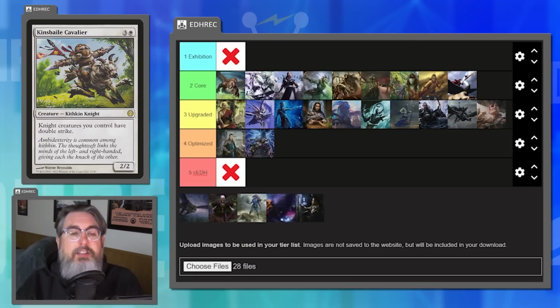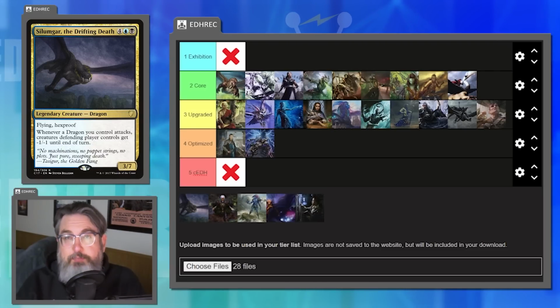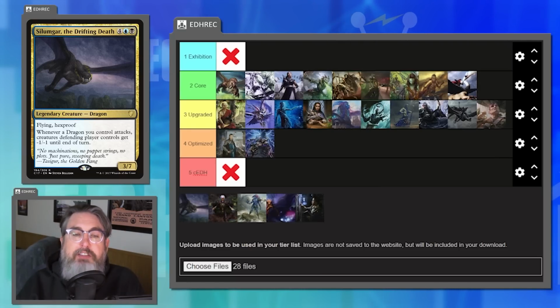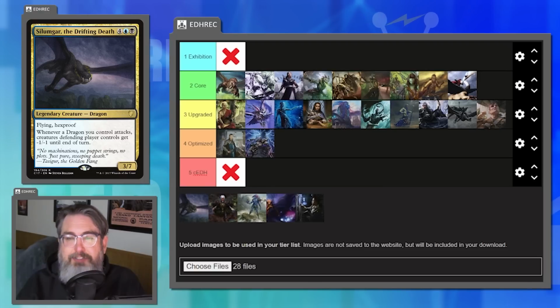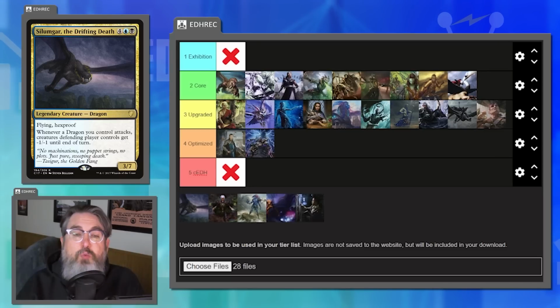At 22, we have Silumgar the Drifting Death, my second dragon deck, and my second dragon deck not featuring the color red. As with my Selesnya Dragon list, there's nothing really here on paper that makes us a particularly scary matchup. It's slow, it has a high average mana cost, there's no game changers here, and my plan to win is